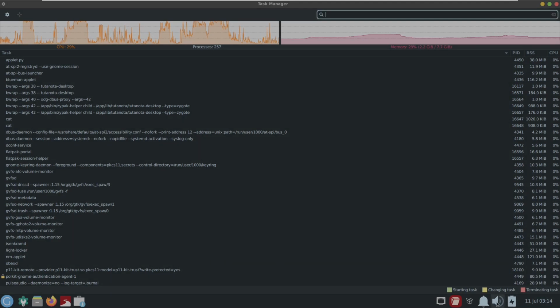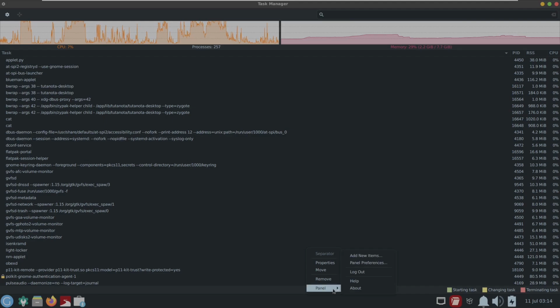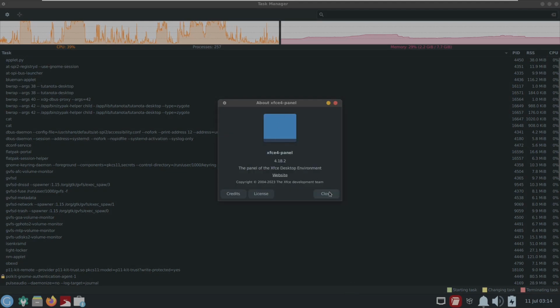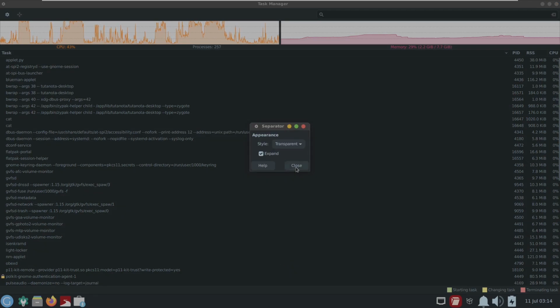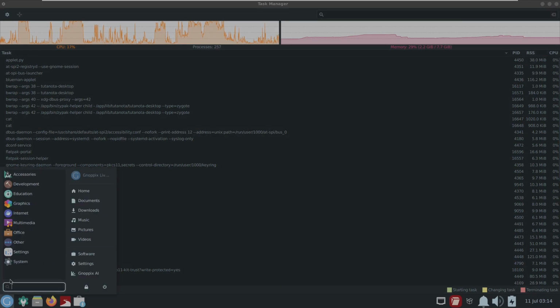So these are all the desktop features you get. The notifications, again, these are all from the XFCE desktop environment. So there is nothing different here other than some AI and some pre-installed applications, and the tweaks from the Gnoppix Linux. If you want to go and check the tweaks,